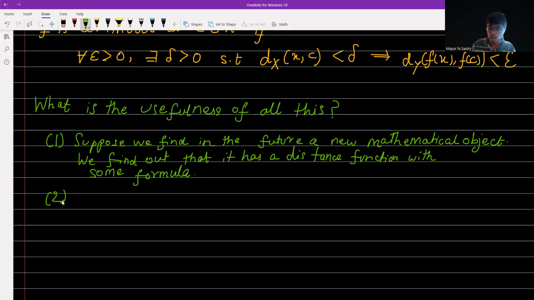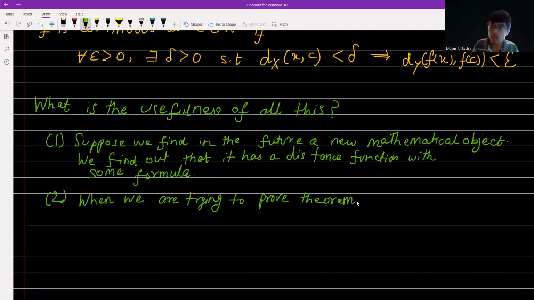The second use is in trying to understand basically which properties are leading us to correct theorems. So when we are trying to prove theorems, we realize what is the crucial point that is helping us to actually establish this result. What is the crucial property that is allowing this theorem to be true? For example, you will realize that